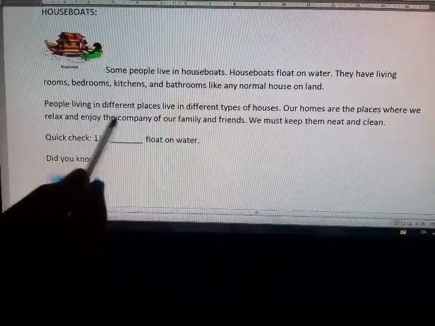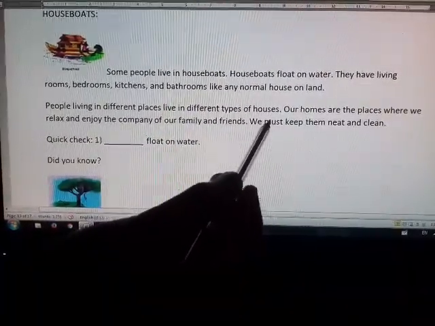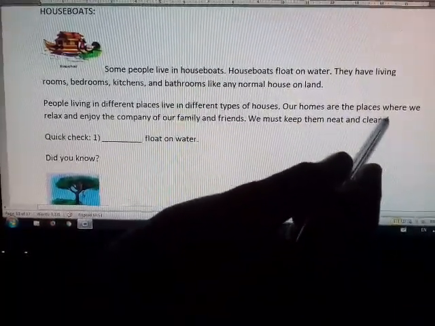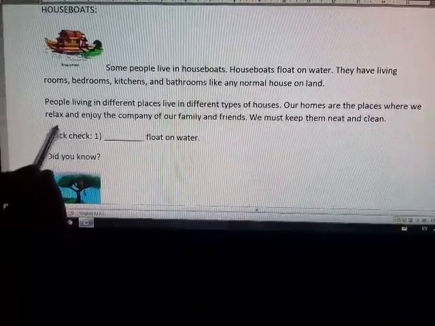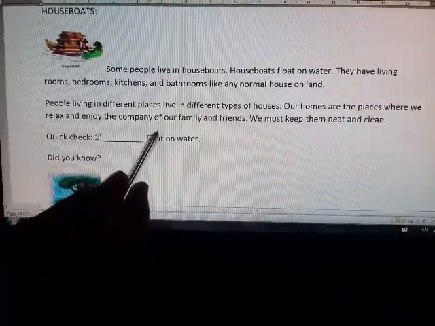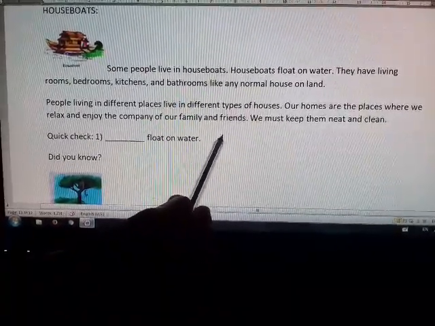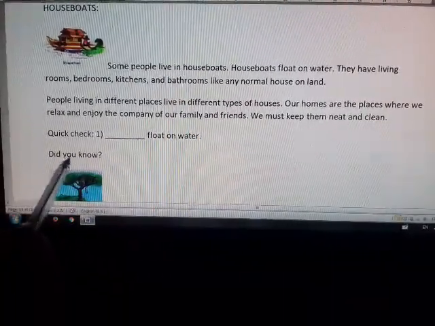People living in different places live in different types of houses. Our homes are the places where we feel relaxed and enjoy the company of our family and friends. We must keep them neat and clean.